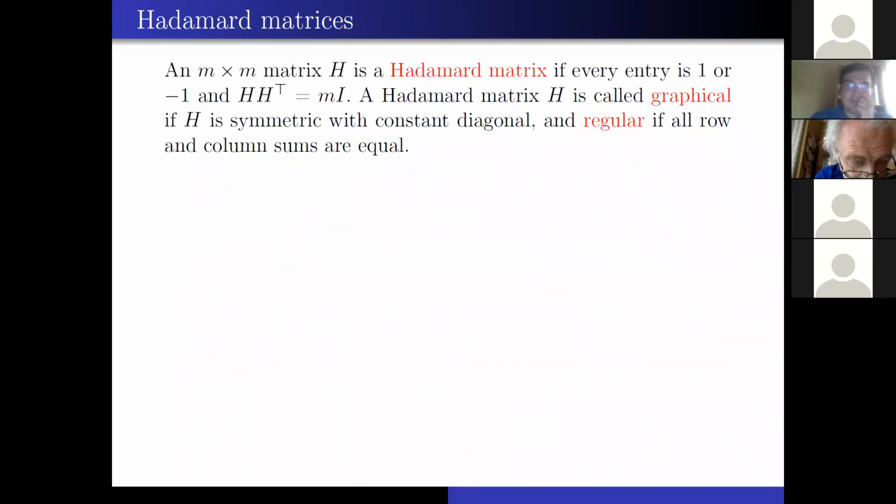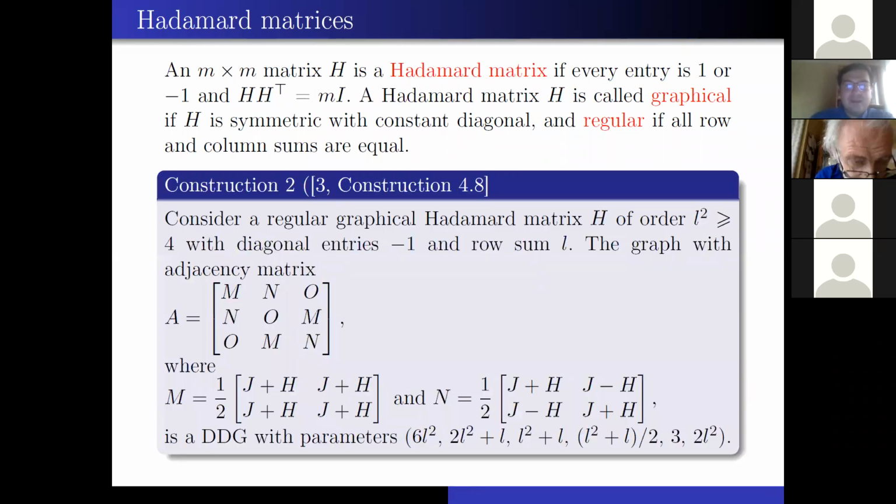Let me consider the second construction. For that, I will define what a Hadamard matrix is. An M times M matrix H is a Hadamard matrix if every entry is 1 or -1, and H times H transpose equals M times the identity matrix. A Hadamard matrix H is called graphical if H is symmetric with constant diagonal, and regular if all row and column sums are equal. In the paper by Haemers, Kharaghani, and Meulenberg, there was a construction 4.8, which says the following: